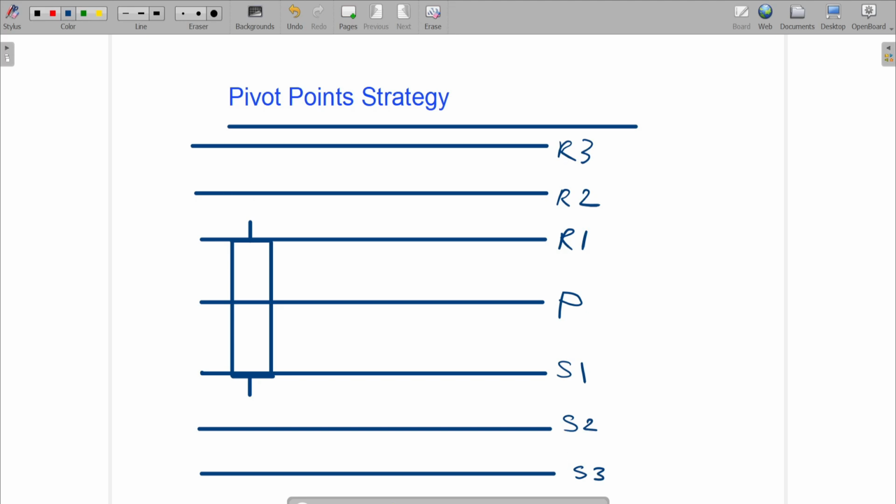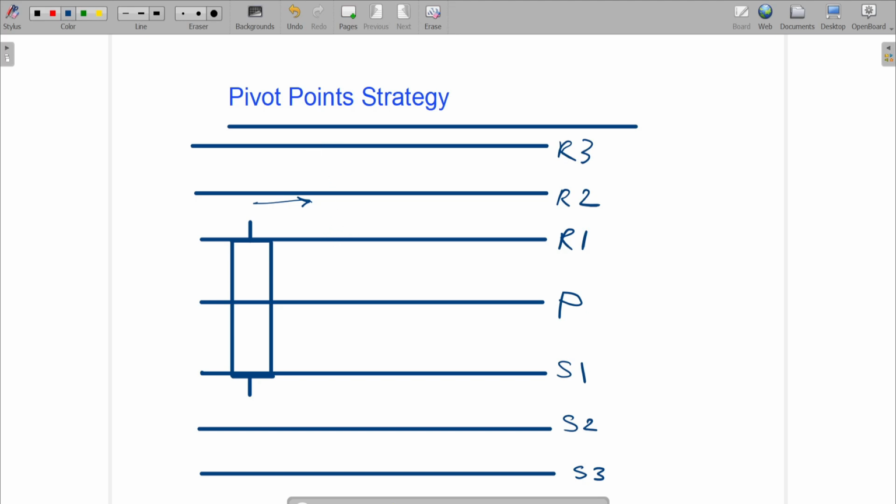The strategy we are going to backtest is based on certain rules. This is yesterday's candle, and today the market should open above yesterday's high and below resistance 2. Only then are we going to consider a trade in that particular stock. So assume the market opens somewhere here. In this case, we are going to take a long trade when the price breaks the R2 line. Once we take a trade, we keep the stop loss at R1, this line,